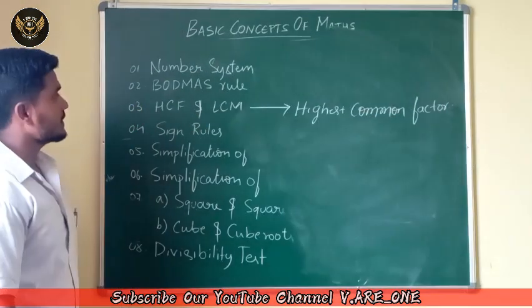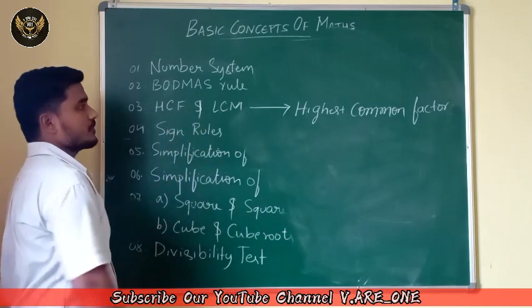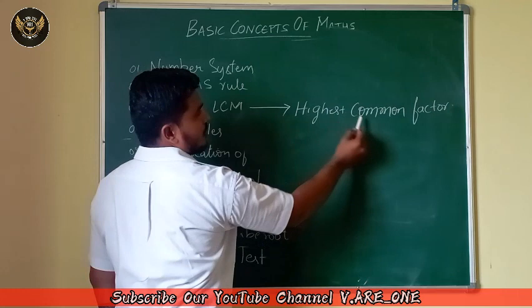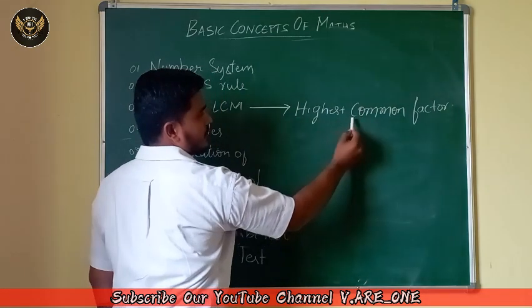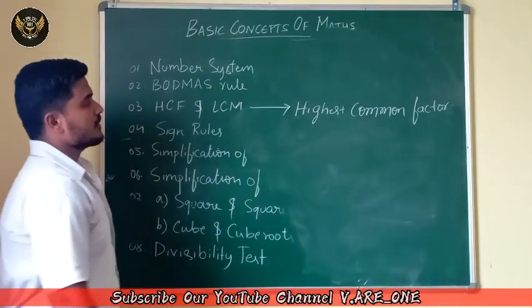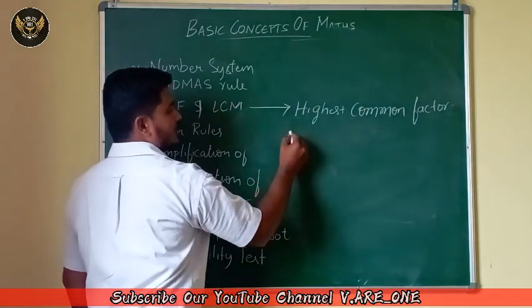Next, the third concept is HCF and LCM. First is HCF. HCF is nothing but highest common factor. H for highest, C for common, F for factor. Here HCF is the largest positive integer